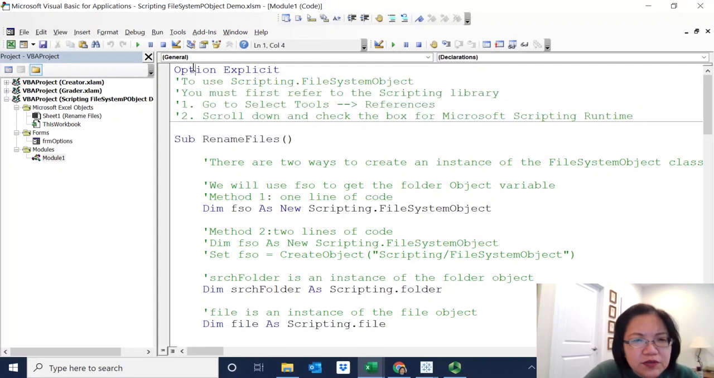So here, to do this, we are going to use the scripting file system object in order to provide the functionalities that I show you. In order to do this, you will first refer to the scripting library. So you need to do this only once. Once you've turned this on, you don't have to worry about it in the future, but you have to do this at least once. So what you need to do is go to